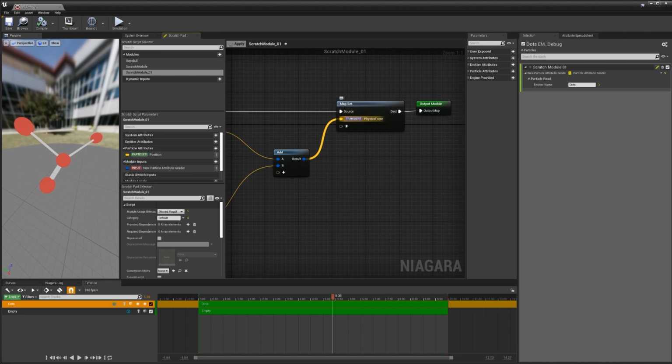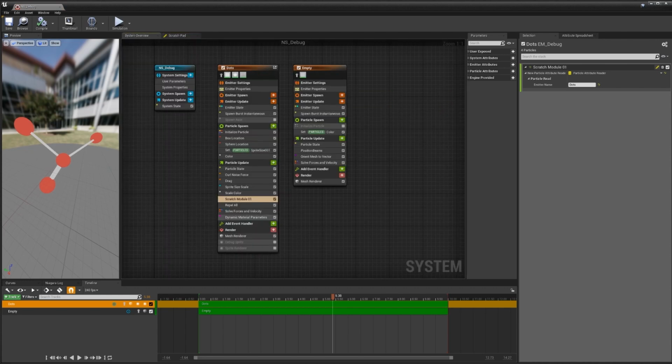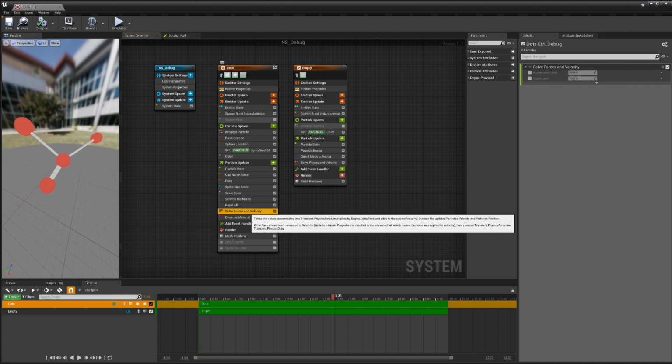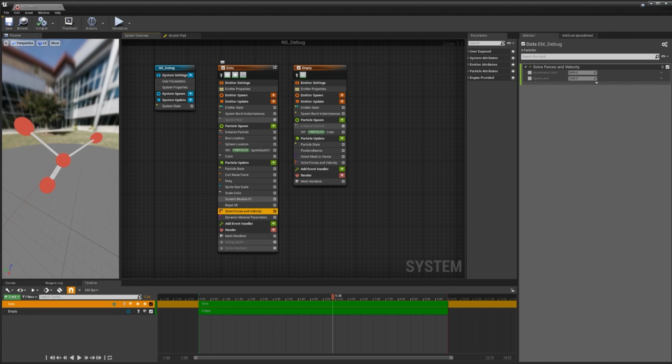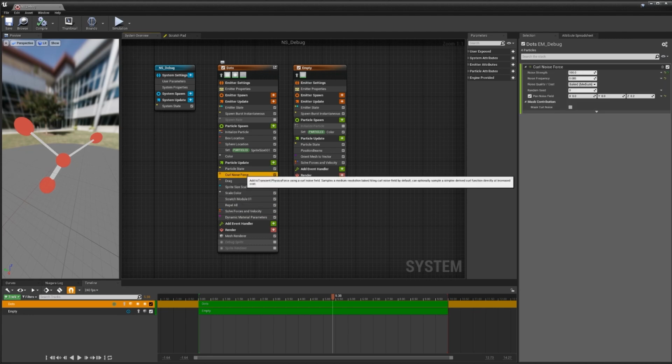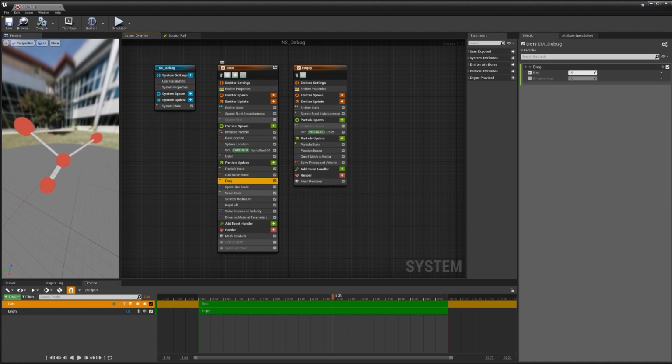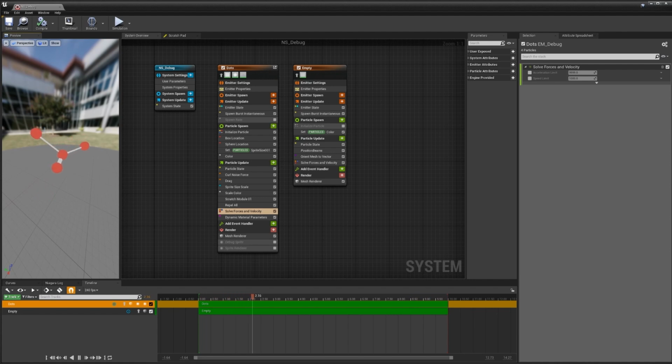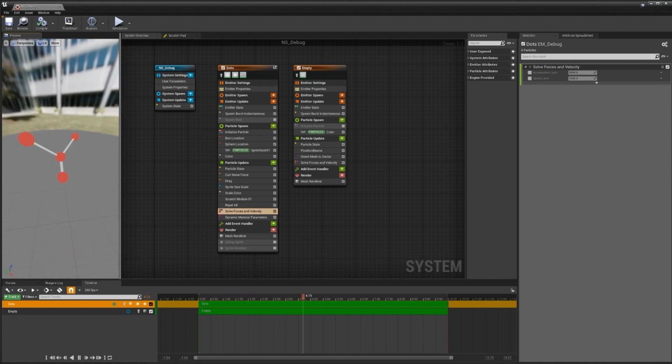The physics force transient value is handled by the solve forces and velocity module. So as long as these values sit above this one, these will be included in. We have other variables that are added to the physics movement of each of these particles, and they accumulate to form a final value, which the solve forces and velocity figures out. And that's all we need to get these particles reading data from one another.